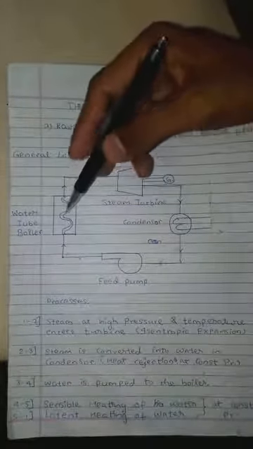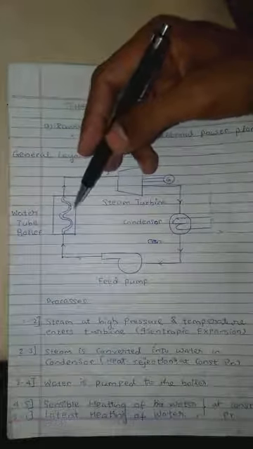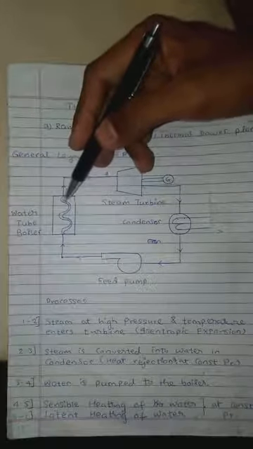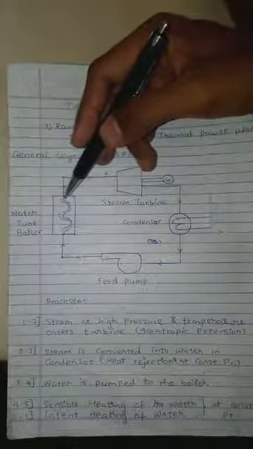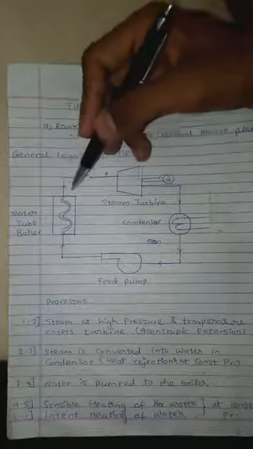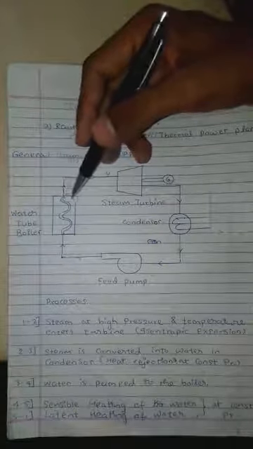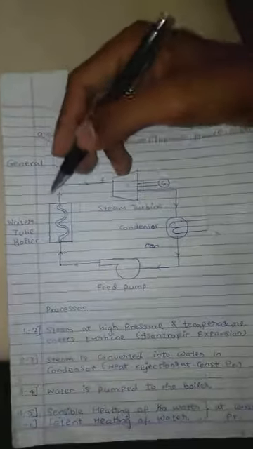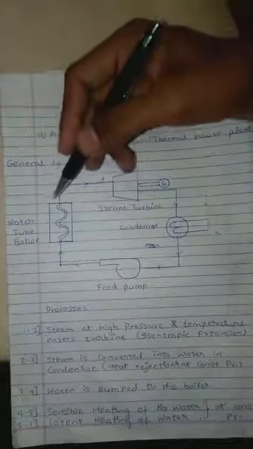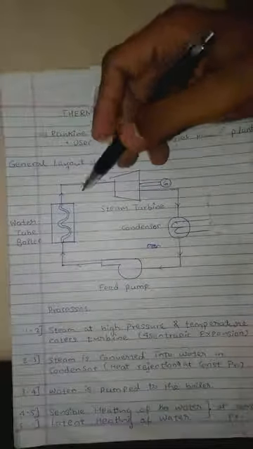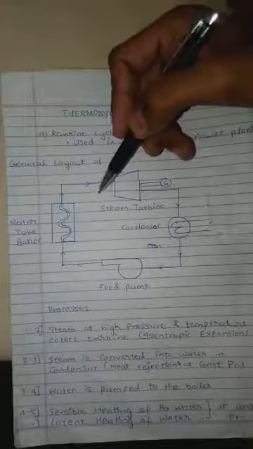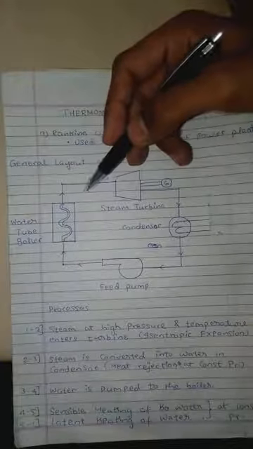Now, in the boiler, the combustion of the fuel takes place. The fuel used is coal, and in the boiler, the conversion of the water into steam takes place at constant boiler pressure, and the heat supplied during the process is Q1. Now, heat supply in the boiler takes place in two stages. First, sensible heating, and next is the latent heating. Now, the condition of steam at exit of the boiler may be dry, wet or superheated depending upon up to what temperature we are heating in the boiler.